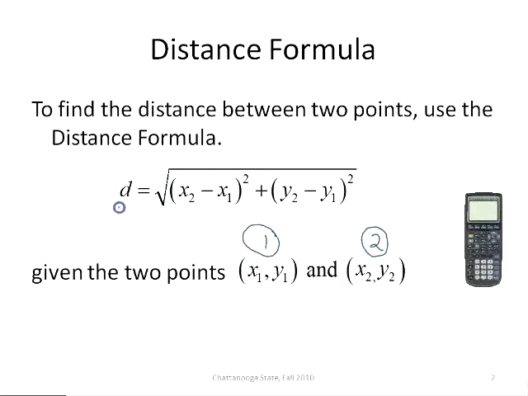The distance between those points is the square root of x from the second point minus the x from the first point, quantity squared, plus the y from the second point minus the y from the first point, quantity squared. After we add those together, we take the square root. So let's look at a problem